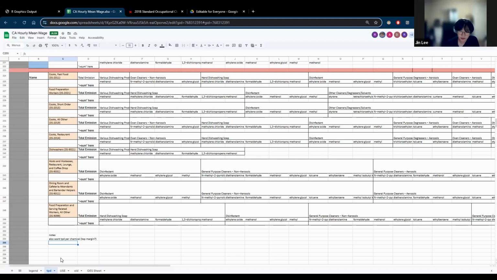I was also thinking maybe we need to somehow color code or have a distinguisher between the top and secondary tiers, chemical-wise. I think you only need to pull out the top tier, right? Did we agree before that we were only going to do the top tier? I thought you only needed to abstract out the top tier.